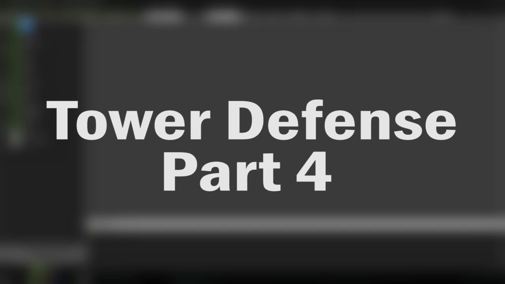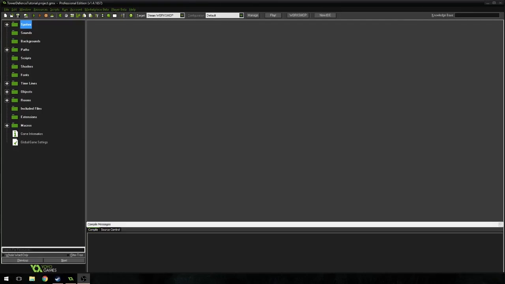Today we are working on our tower defense once again, and this is number 4, I believe. Yes, number 4. Today we're going to, I can't remember what I said we were doing, but what we are doing is we're going to be adding a money system, and we're going to be adding